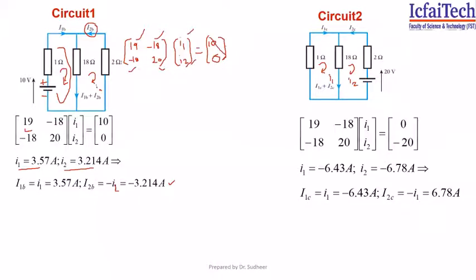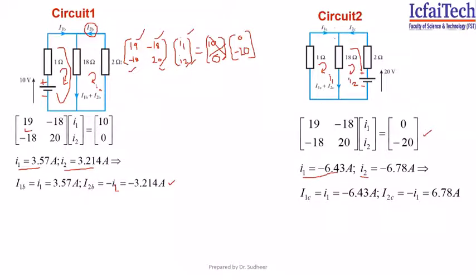Here it will change. Considering the second circuit, now in the first loop or first mesh, there is no voltage source, so it will become 0. When you travel in the second loop, you are touching plus to minus. So take the plus to minus 20 volts to the right hand side, it will become minus 20. So directly we can write down the final equations by the inspection method. Then we can simplify to find I1 and I2.